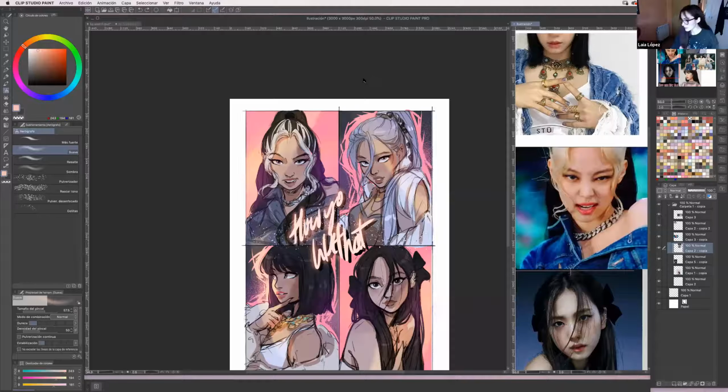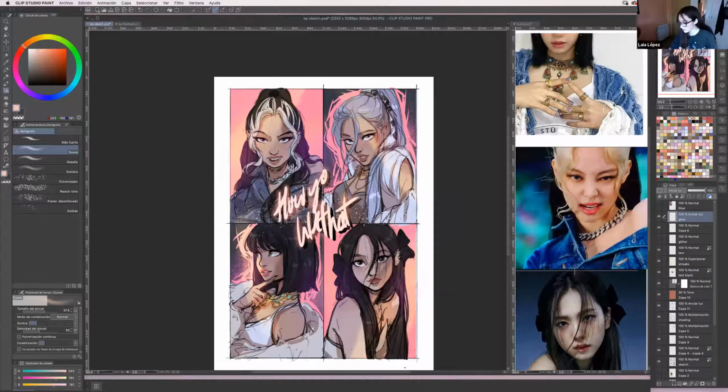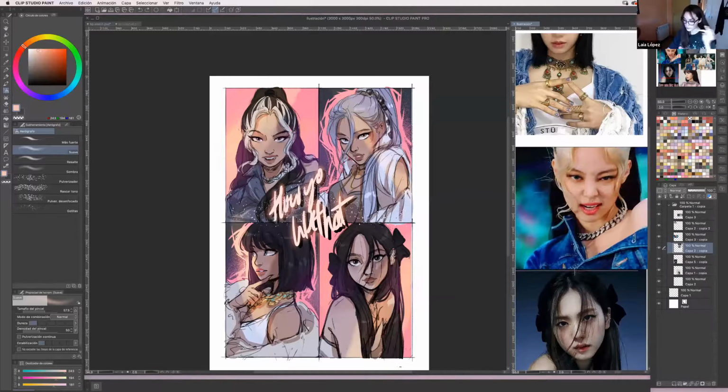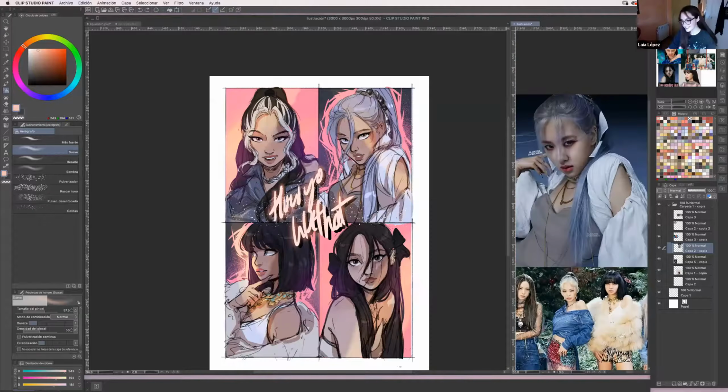Also in my style, I usually draw the eyes way bigger than they are. And her hairstyle was really iconic in this comeback as well, so that made her look like Jennie too. And for Rose, I think her nose is really different. For some reason, it doesn't stand out to me, but I feel like it's easy to recognize her from a drawing if you draw her nose right.